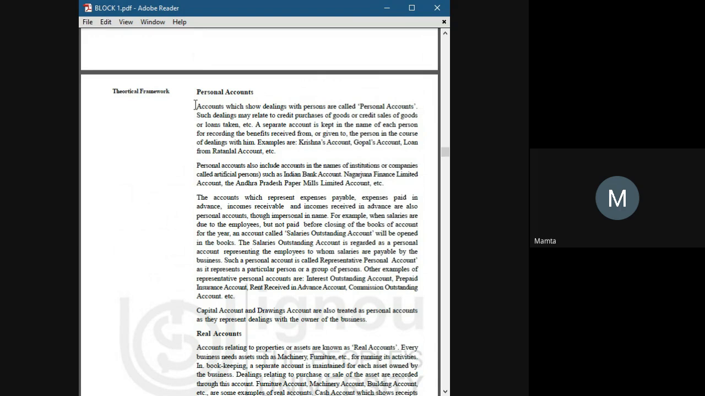Capital is something which an owner invests in his business. Whatever amount an owner invests in his business is known as capital. Now coming to the point, drawings. Whatever amount an owner withdraws out of the business for his personal use, remember, for his personal use, then it is